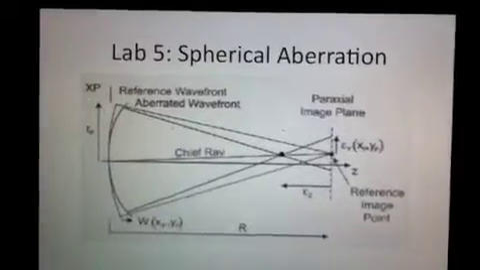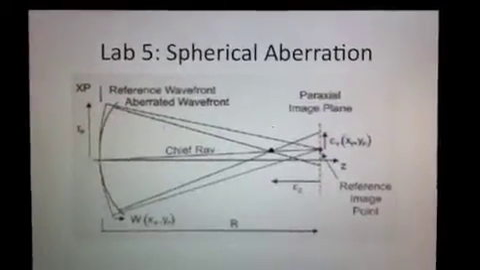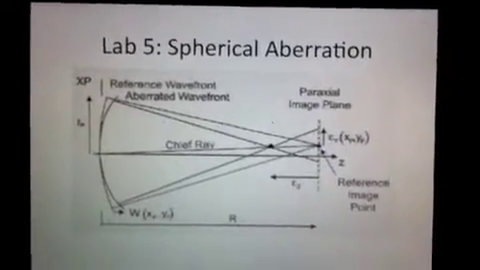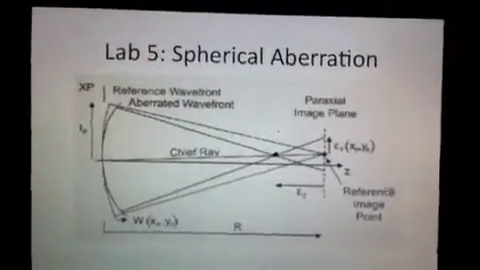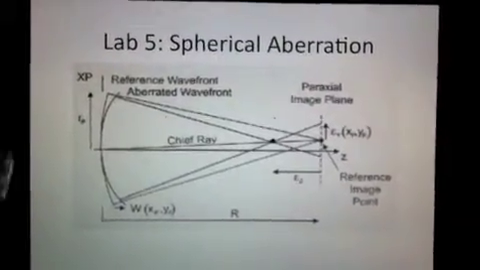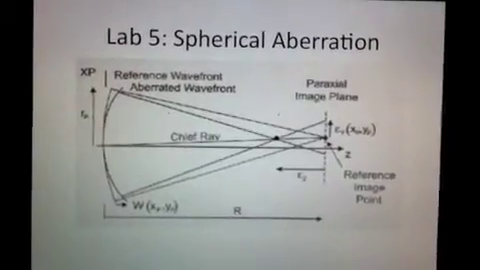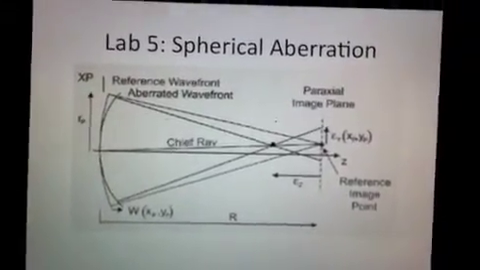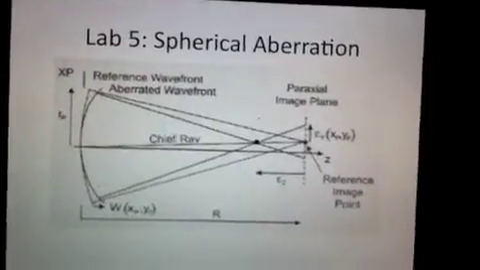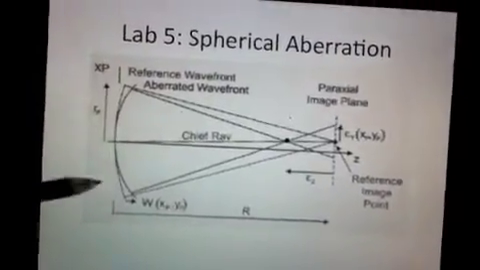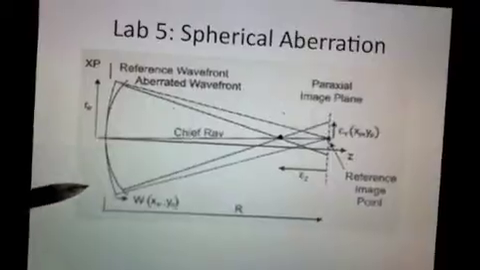For this portion of the lab, we examine spherical aberration through a thin lens. First, I want to talk about how spherical aberration occurs and what really is happening as we move through an optical system. So the way we measure spherical aberration is we have our exit pupil outside of our optical system,